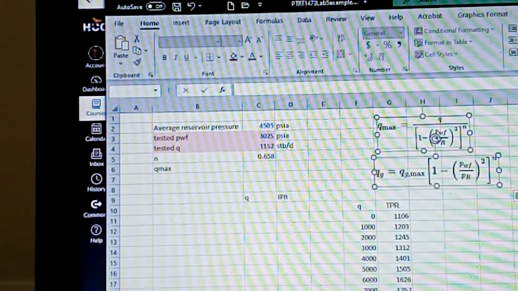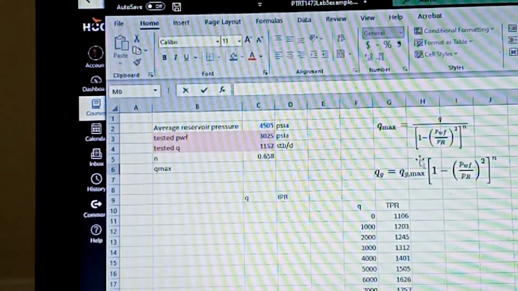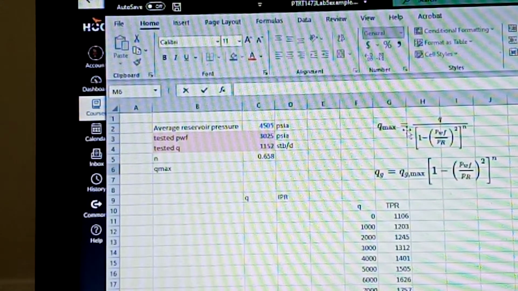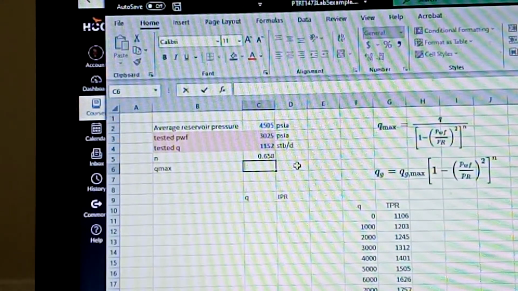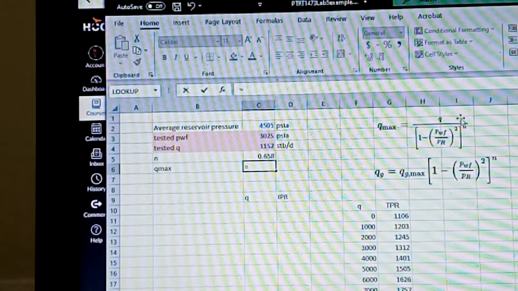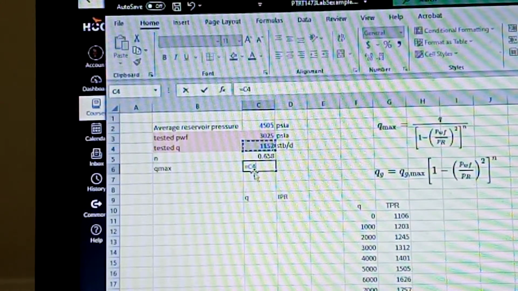These are the two equations I need for gas. So I would need this for the Q max. Now, let's calculate Q max. You say equals Q, the tested flow rate, which is that, divided by,